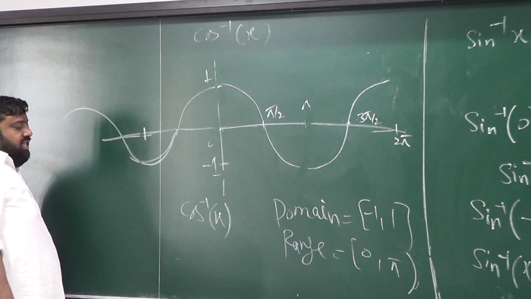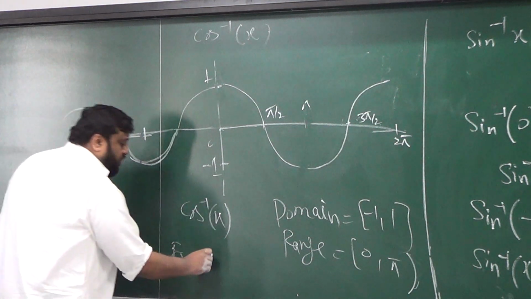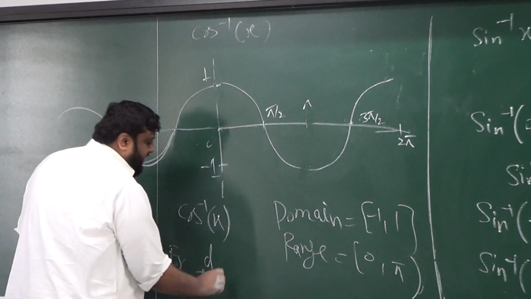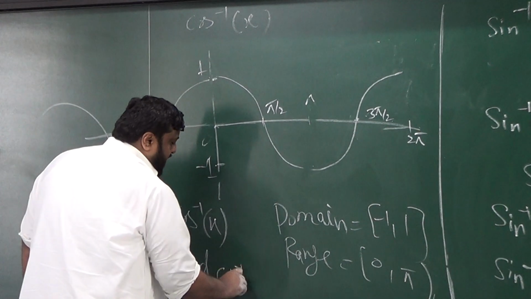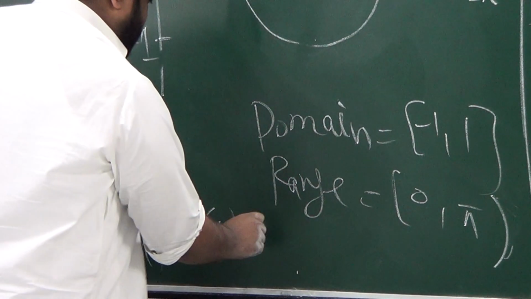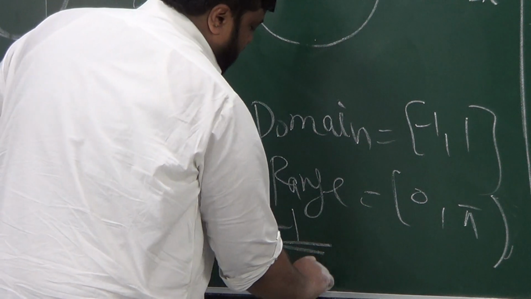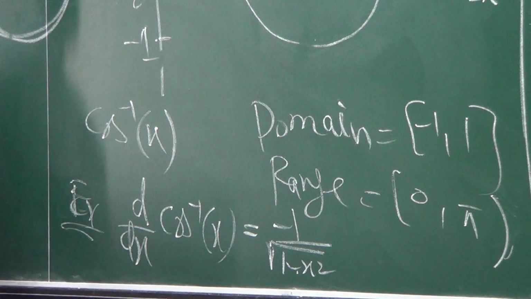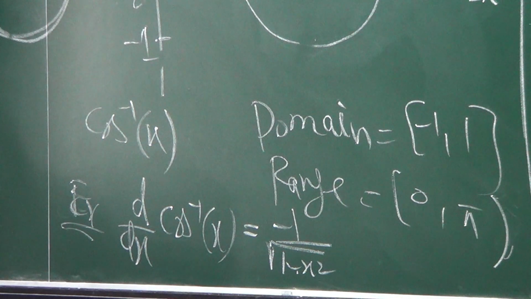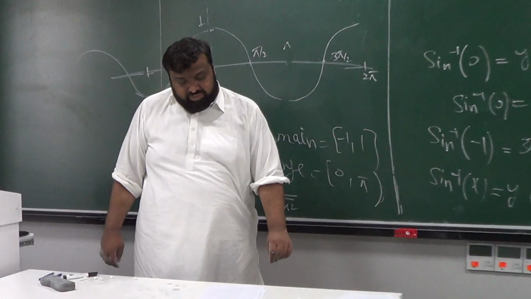And here's an exercise for you to do. Show that if you compute the derivative of the cosine inverse of x, it is going to be negative 1 over square root of 1 minus x square. So this is what you have to show. You can use precisely the same argument that we used previously about